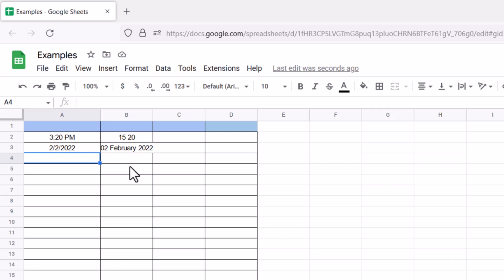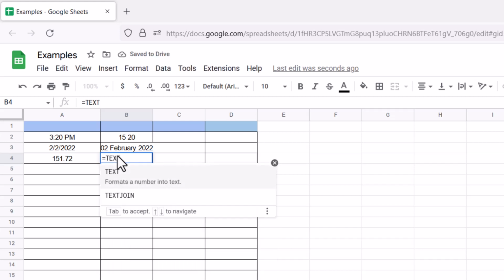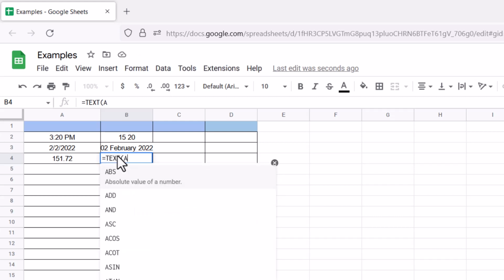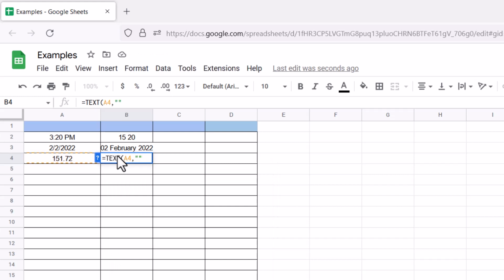Similarly, I can also do this for currency. Say I have 151.72. I want to round this off and give it the dollar sign, right? To do that, I can simply use equals to symbol, then text, then A4, right? Then within double quotes I can offer dollar and hash. At the end of this, we close the bracket and I got the rounded off number 152